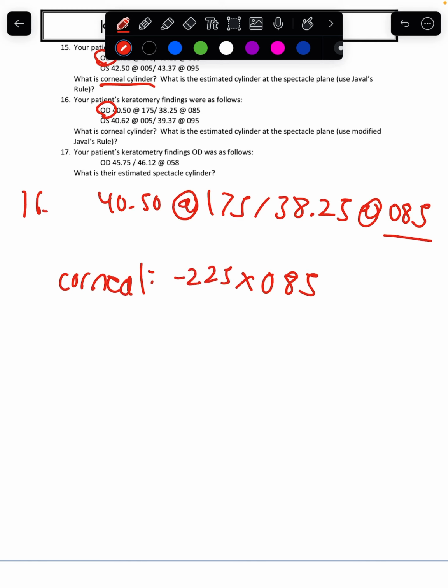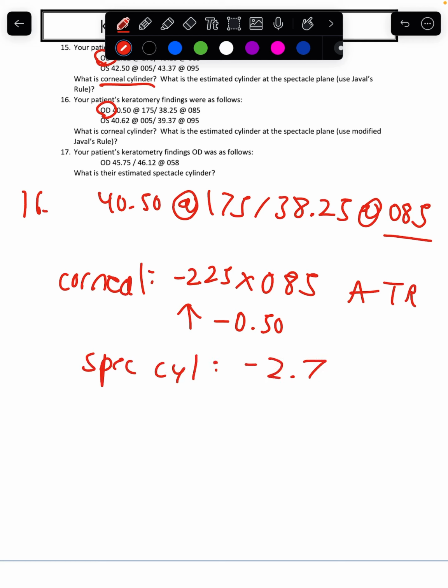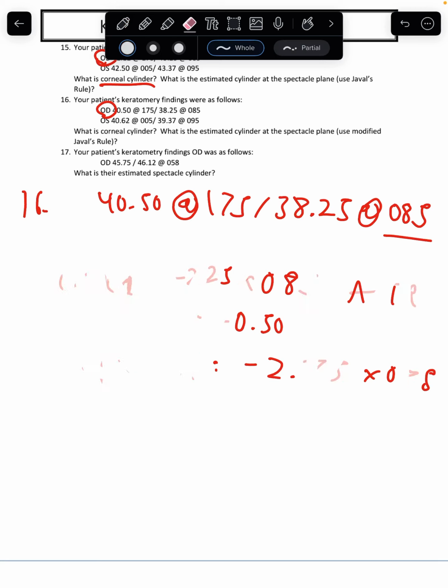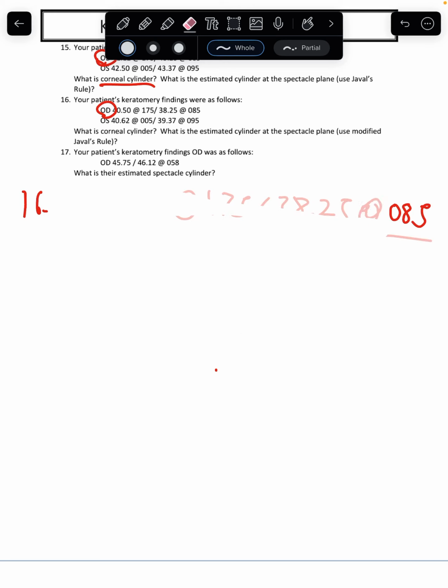And then it's asking us to get the CIL at the spectacle plane using modified Javal's. So this is against the rule. So all I know is that we have to increase the CIL by 50. So then our spec CIL will be minus 2.75, axis 85. Okay, and then for number 17,